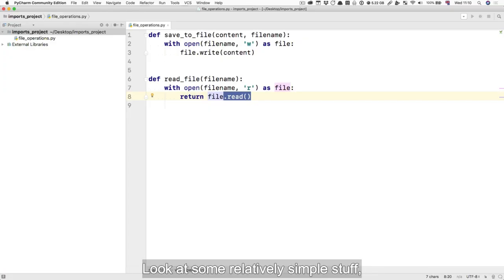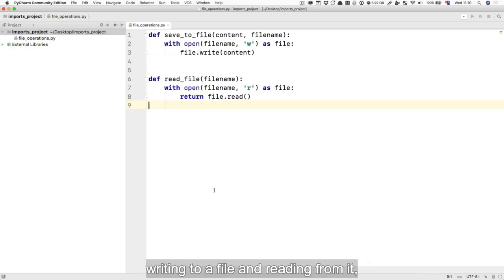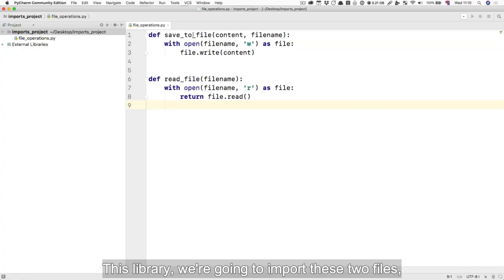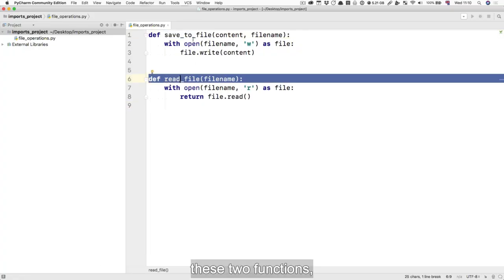So this is some relatively simple stuff. Writing to a file and reading from it. We've already done this. But it's going to be useful as an example to look into importing. And indeed, this is essentially our first library. This library, we're going to import these two files, these two functions, and we're going to